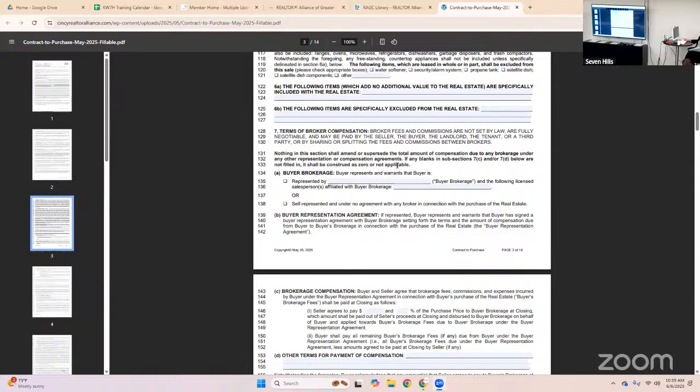Let's say you put in 3% and during negotiations, you come back with 2%. Right? So I have an agreement with the buyer to pay 3%. Is our brokerage going to hold us to our fee to the buyer to get the other 1%? We aren't going to hold your feet to the fire, but if we're following exactly what this contract says, it says that they have to pay it.